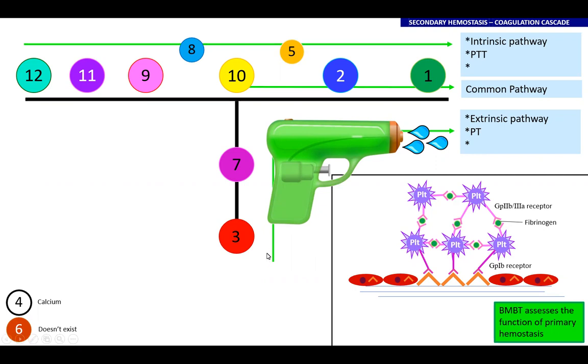And so this pathway here, the way that Dr. Adelig teaches it, it's shaped like a gun. Guns are used in war. So the extrinsic pathway is affected by warfarin first. And the reason that happens is because factor 7 has the shortest half-life. So if you test PT and PTT early in warfarin toxicity, you'll only see a PT prolongation, but over time, they will have a